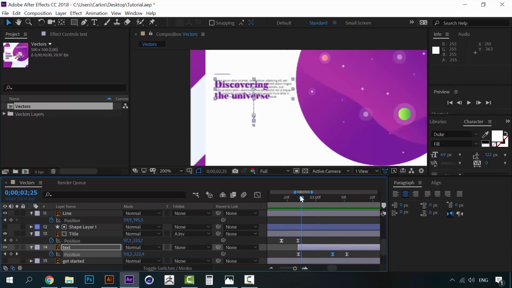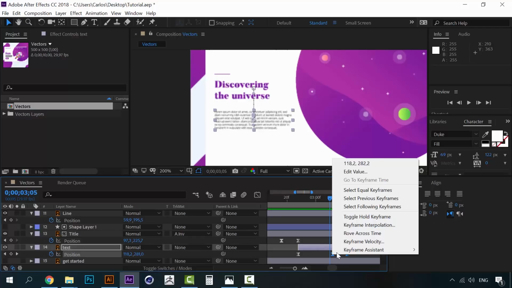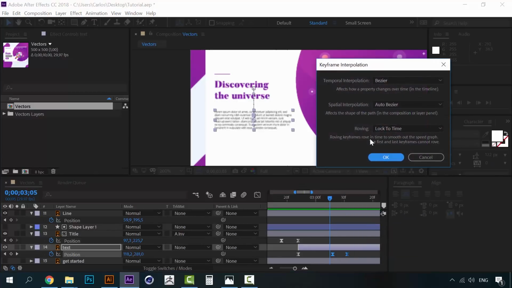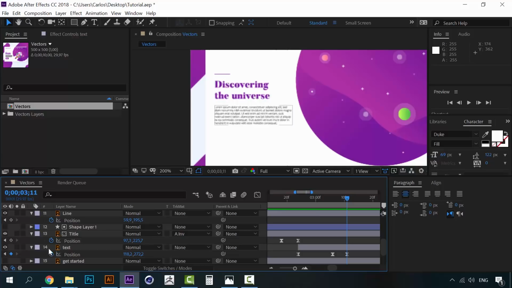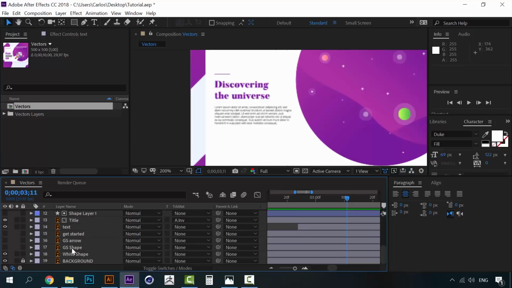Now, if any object starts playing funny with the animation, all you have to do is select the last keyframes, right click on them, and go to keyframe interpolation. On spatial interpolation, instead of auto bezier, click on linear. So the animation should be linear, and you will have no problem, because otherwise this motion track can be a little weird. Alright, so this is good. Now when this text stops moving, it's time to move on to all of these layers,